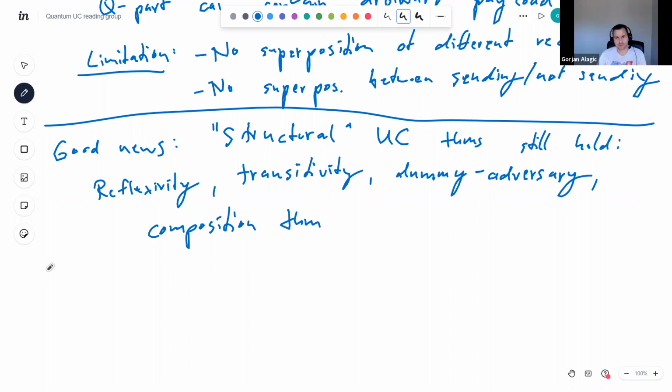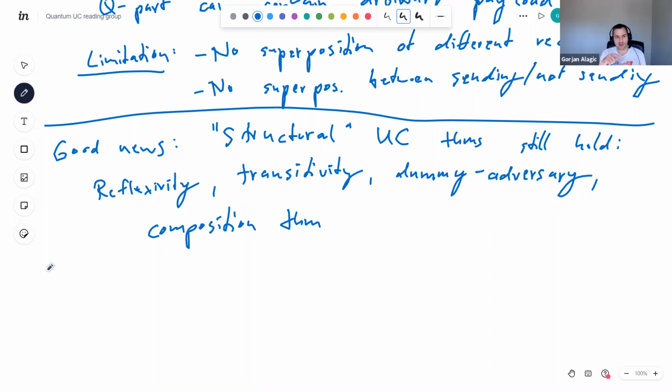So for the dummy adversary, do I need the wire between the adversary and the protocol and the wire between the environment and the protocol to be of the same type? For example, if in my setting the adversary can only interact classically with the protocol, but the environment can interact quantumly, if I then fold the adversary into the environment, did I just make my problem harder? Do I now have to prove a harder theorem?